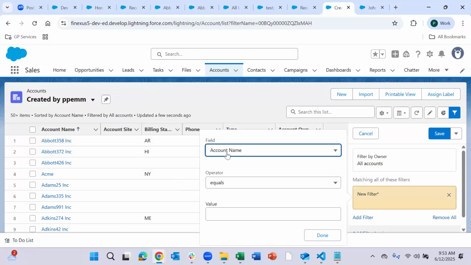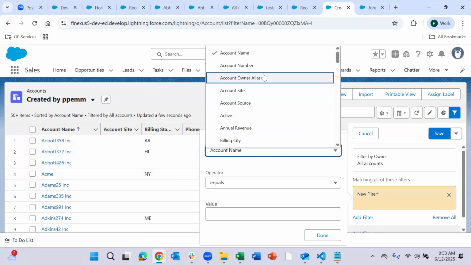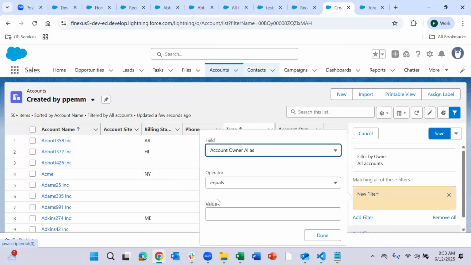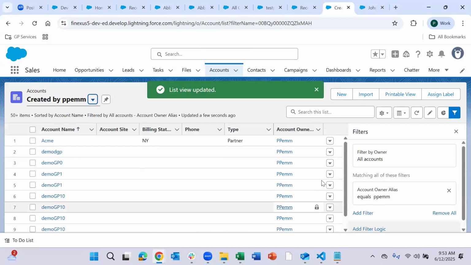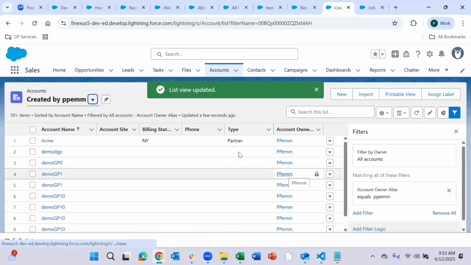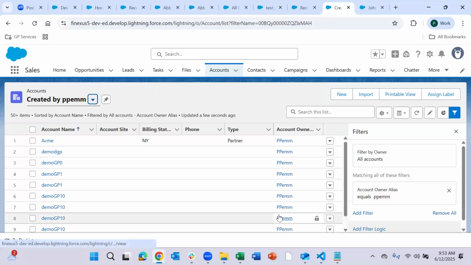So the field is account owner alias, and the value would be P pen. I will click on done. You have to click on save for your list view to get refreshed. Now you got the records where the account owner alias is the name which we have specified.